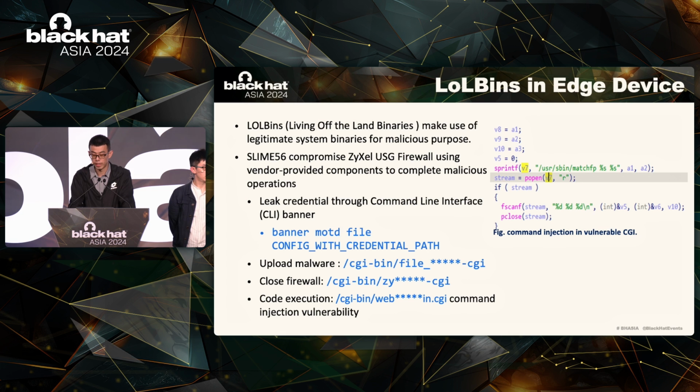Review of a LAN binary attack in the edge device. Review of the ban makes use of the legitimate system binary to achieve the malicious purpose. Take the ZCL firewall as an example. They replace the command line interface banner content with the computer file in order to leak the administrator credential file. The actor can also upload the malware through the file-related CGI and turn off the ZCL-provided binary to achieve